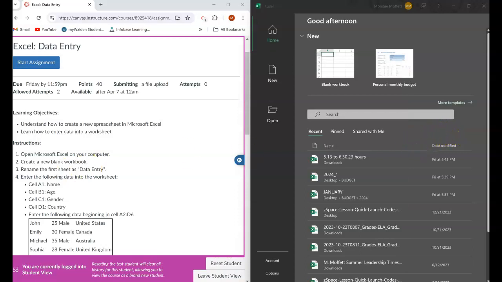Next, we are going to create a new blank workbook. Once your Excel application opens, you will see that it will have a blank workbook. This is the new workbook that you will open. So you're going to double click on it,